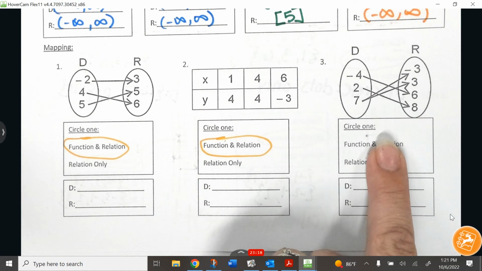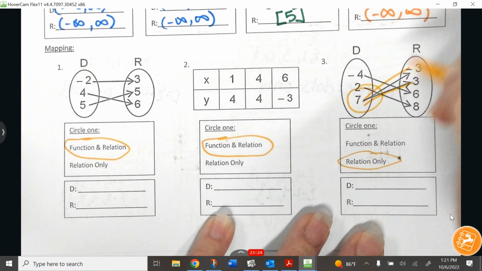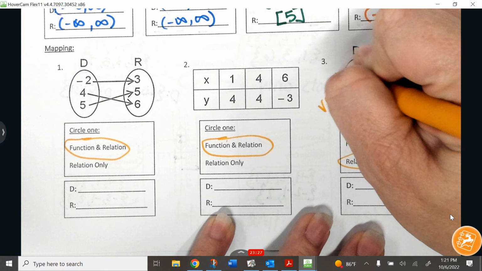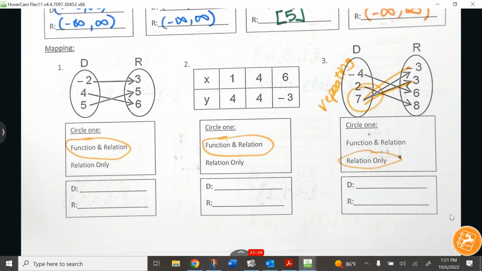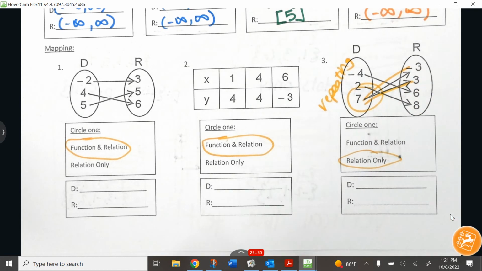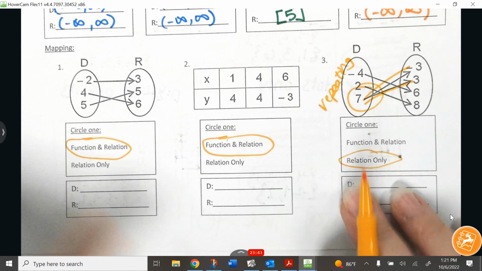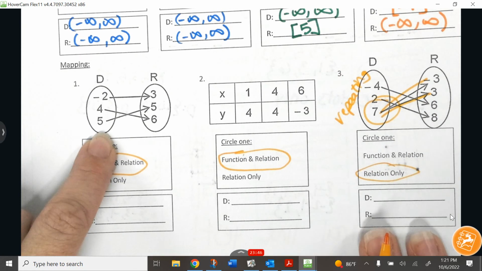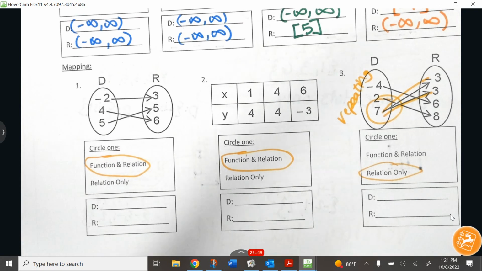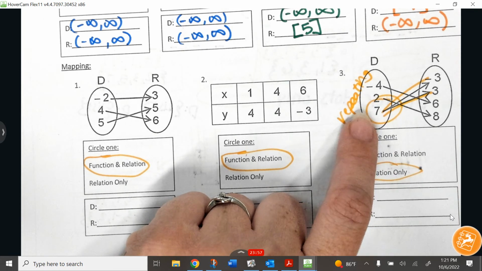Is this a function or relation only? Relation. Why? Because 7 repeats. Because 7 has 2 arrows. Therefore, it's repeating. Did y'all see that? So, see how 7 has 2 arrows, one pointing to -3 and one pointing to +3? That means X repeated. Because that's the X. 7 is the X. And since it has 2 arrows, that means it was used twice. See how here every X only has 1 arrow? It's because they were each used once, and you can only use an X value once. X cannot repeat. So if you have 2 arrows coming out of an X value, then it's not a function